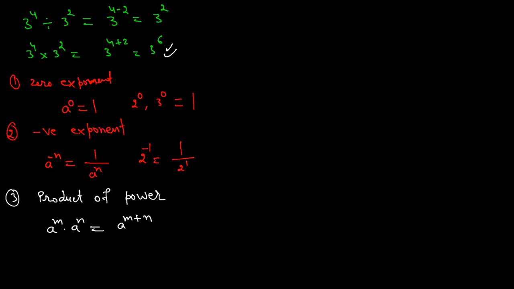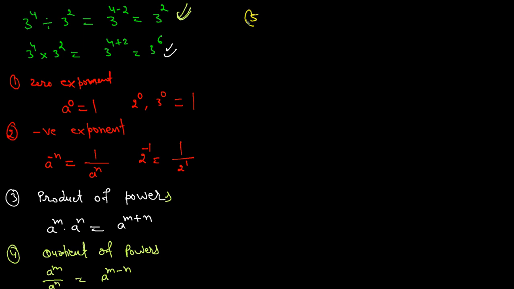Okay. Then comes the fourth rule, which is quotient of powers, which is a raised to power m divided by a raised to power n. So this is the division rule here. What you do is a raised to power m minus n: keep the base the same and subtract the powers. That's what we did over here in this example. Okay. Next one is